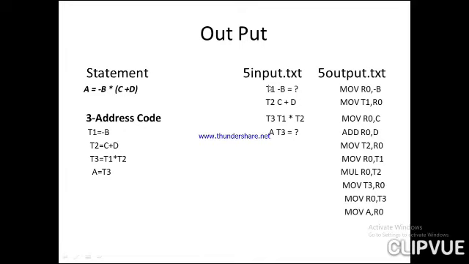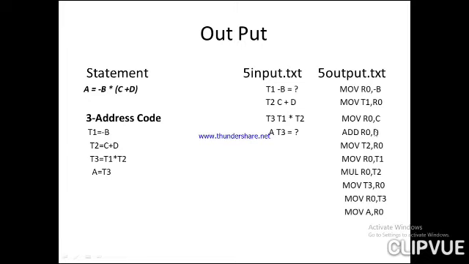So what does our first column represent? Result. What does the second column represent? The argument 1. What does the third column represent? Operator. What does the fourth column represent? The next argument, that is the argument 2. Since it should work for any expression with any of the operators, that is the reason we are storing it in the 4 columns. We are not taking the input as it is in the 3 address code representation.